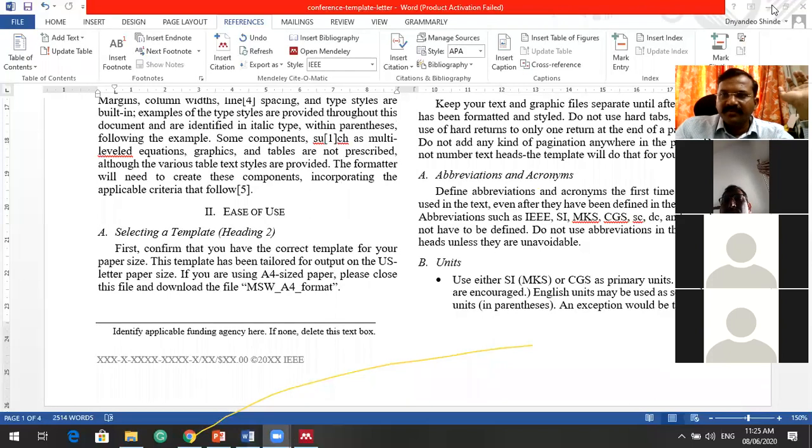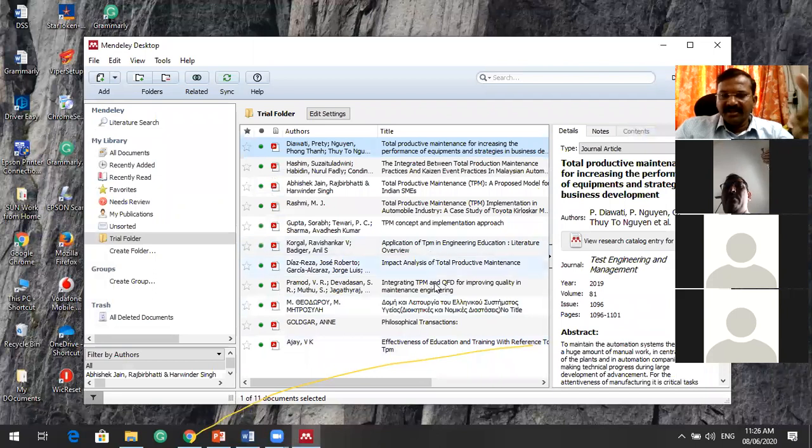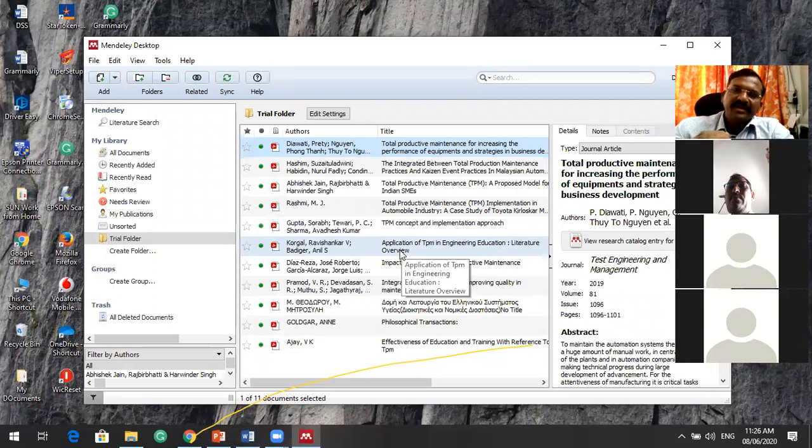So the time, we have 10 minutes of time. This is how you can go on adding, you can go on writing the details, and you can go on editing the things, and you will get the automatic library. If you insert the reference anywhere, anytime, automatically the sequence of the numbers as well as the sequence in the bibliography will change. It depends on the library or the format which you are selecting.